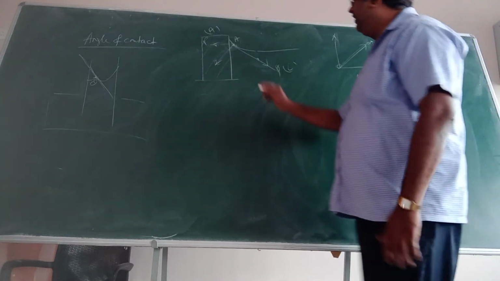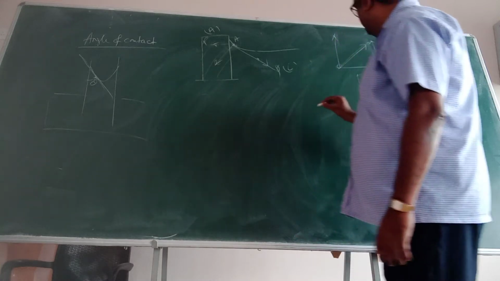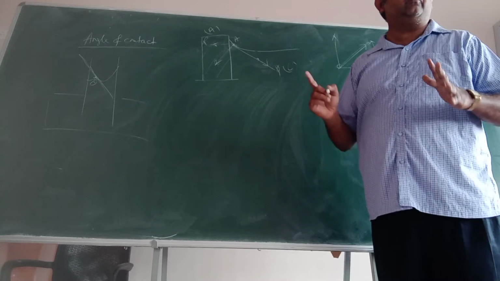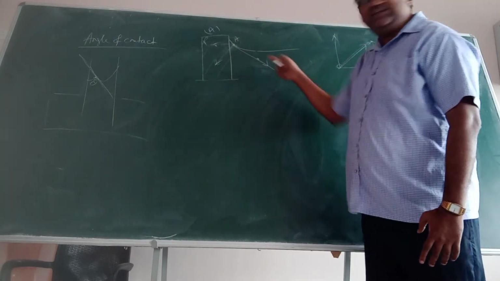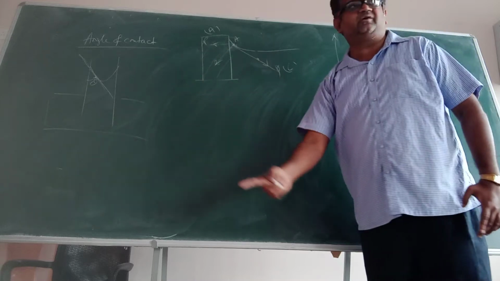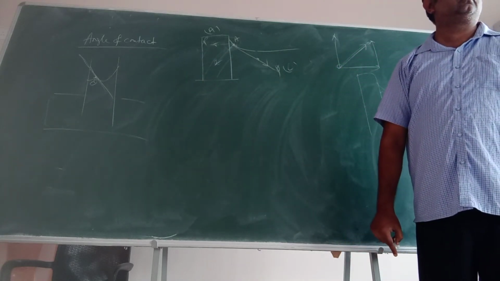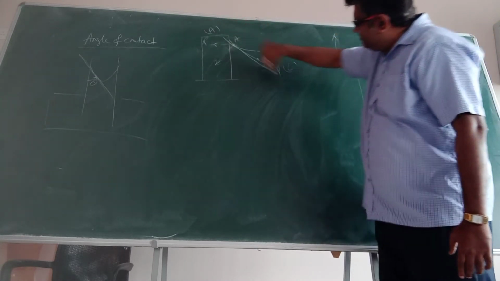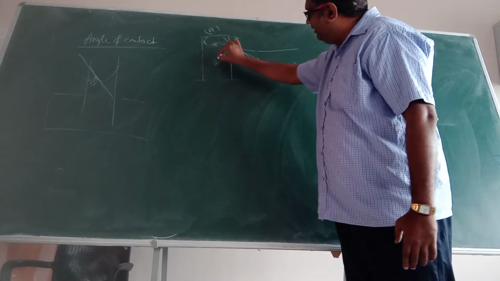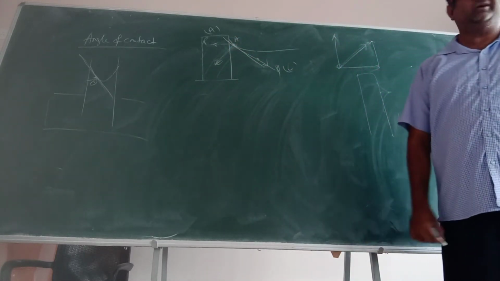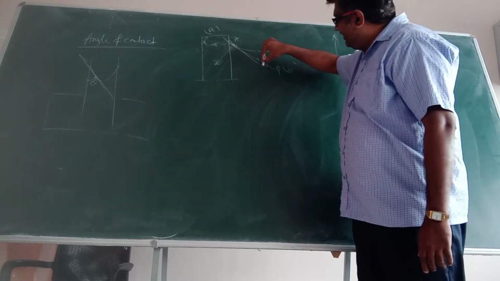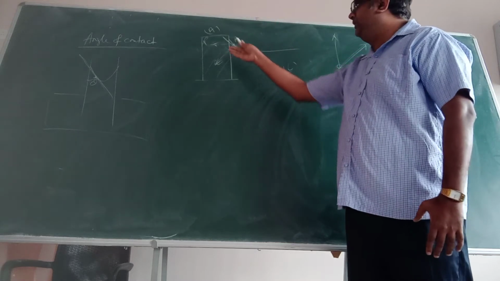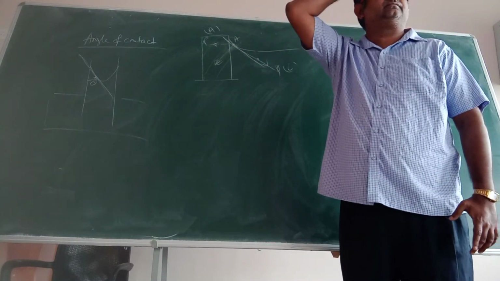Okay. Now here the resultant is like this. Remember, if any surface has to be in a state of equilibrium, if you draw a tangent there, that should be normal to the resultant. It's a concept. Okay. So if I try to draw a tangent here, this tangent must be perpendicular to the resultant. Now you see that the tangent has to be drawn like this. I cannot draw the tangent like this, no? Then the tangent won't be perpendicular to the resultant.